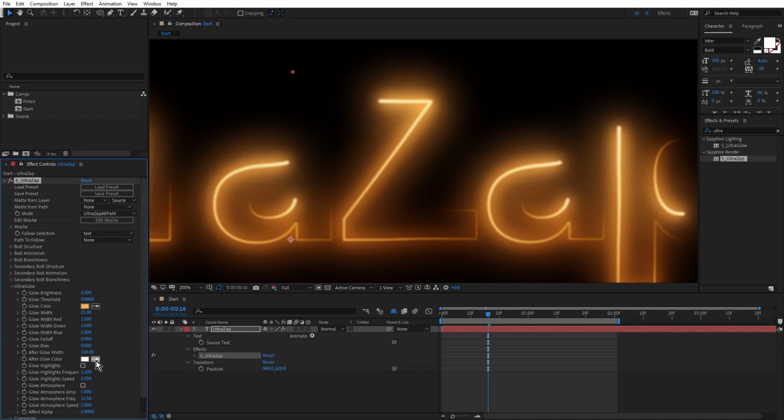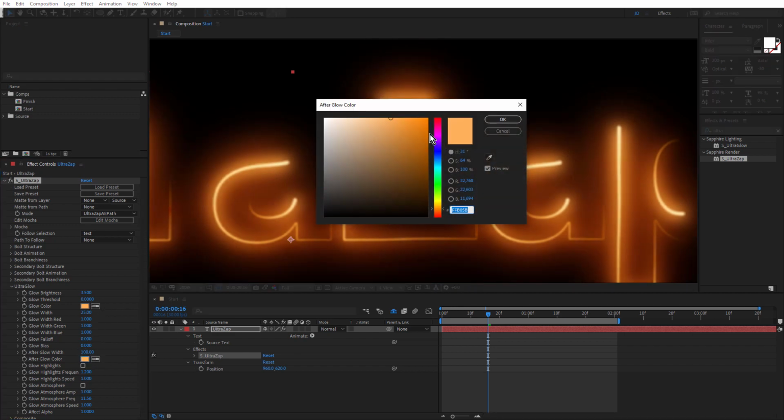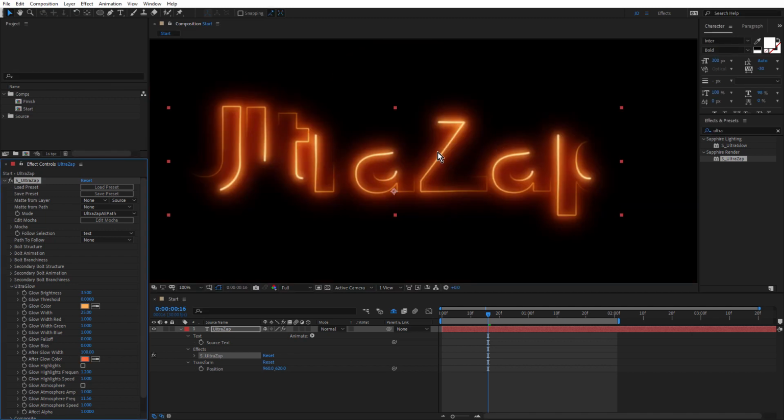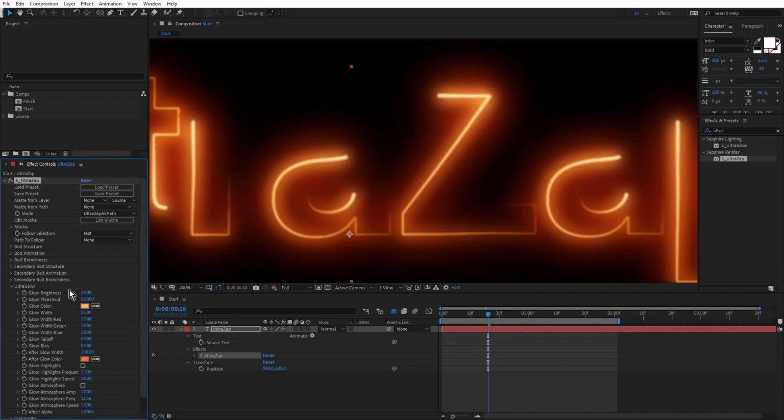And I'm going to change the afterglow color, just sample this one, and make this a little richer. A little darker, a little redder, and check that out. Doesn't that look beautiful? So it's so nice to have UltraGlow included with UltraZap.